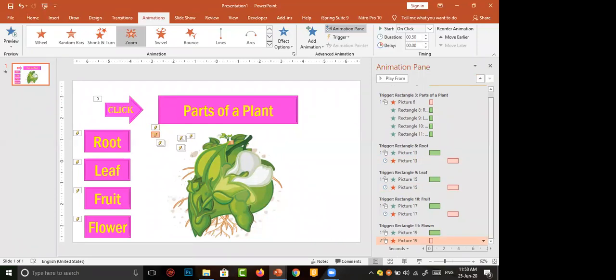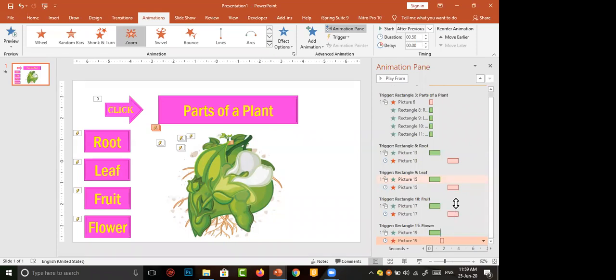Okay, but it is with the number 2. 2 means it needs two clicks. I go to the down arrow, select after previous. After previous means the disappearance happens after the appearance of the flower. See the time difference between these two things in other animations.